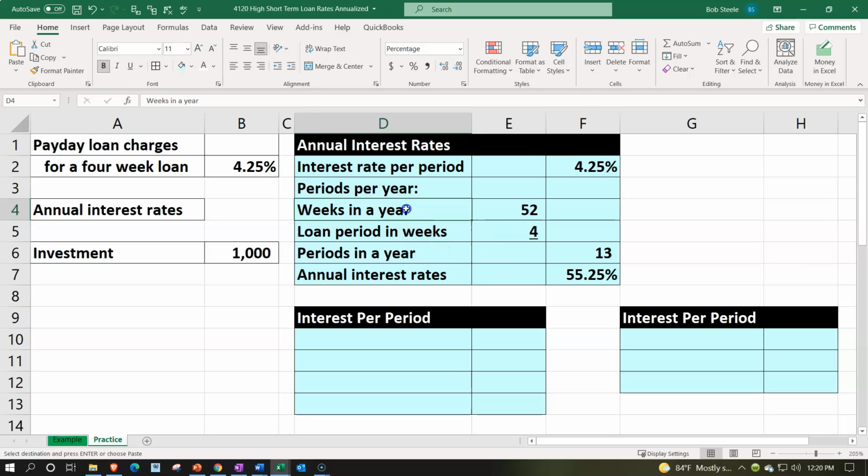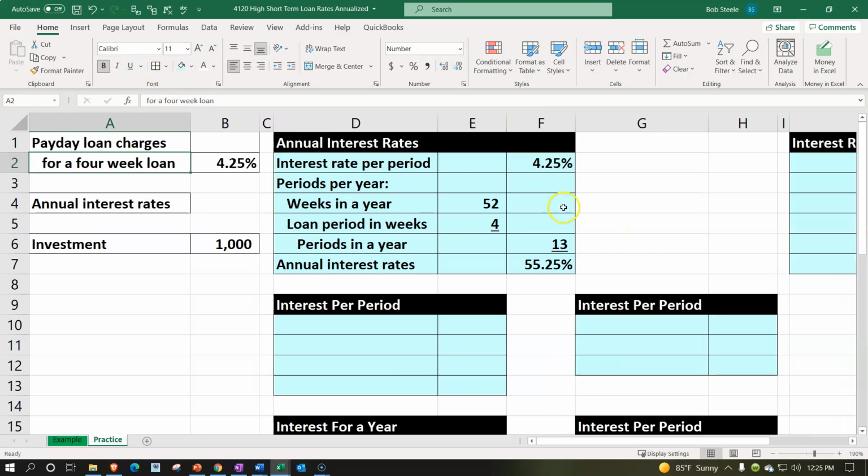So we're going to select these items. Let's indent this. We're going to go to the Home tab, Alignment, Indent, and then we're going to go here, Home tab, Alignment, and Indent again. Let's put an underline, font group, and then underline. Now, you can also imagine the other scenario. What if they gave us the 55.25% annual interest rate and said it was a 4-week loan? Then you'd have to figure out what rate you're actually charging me for the